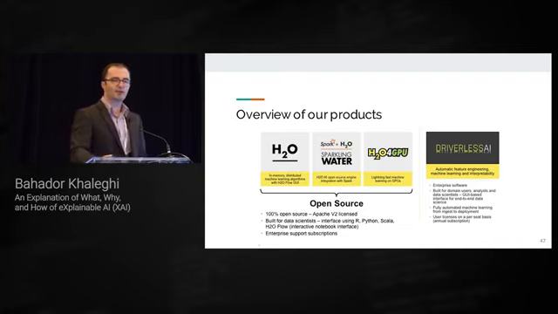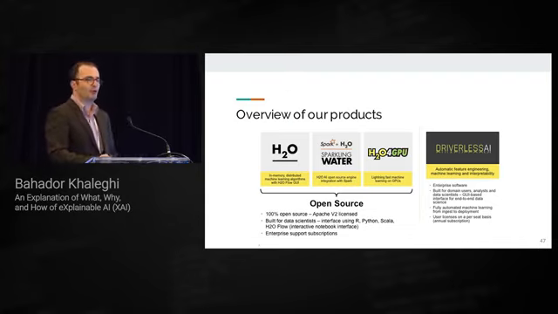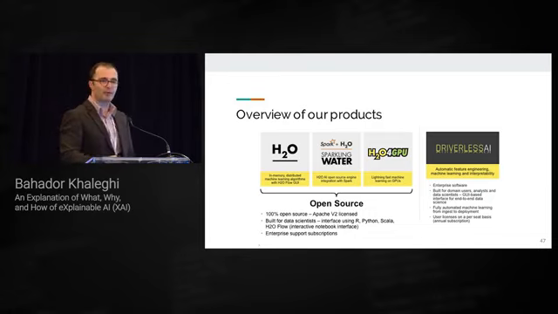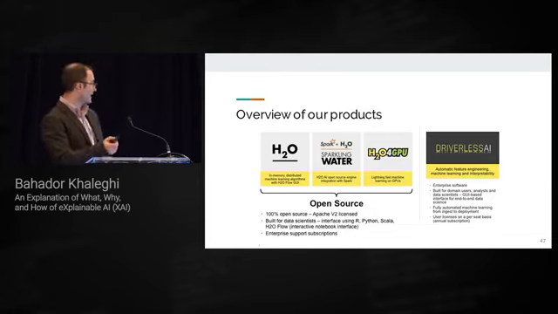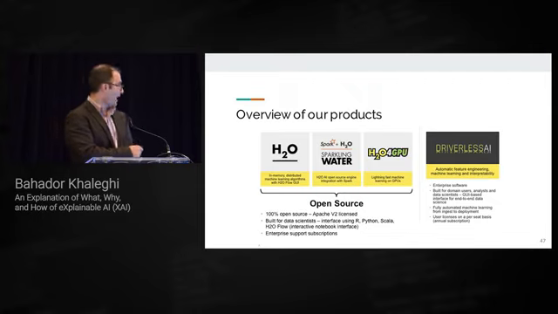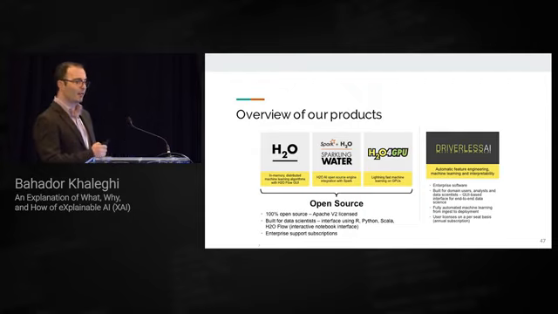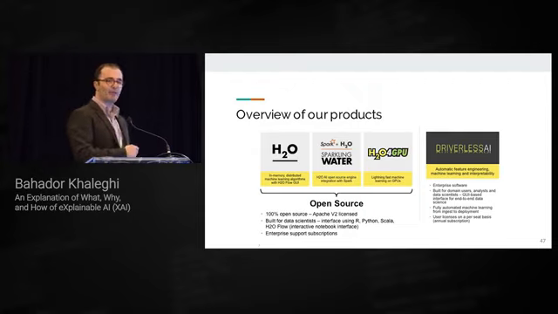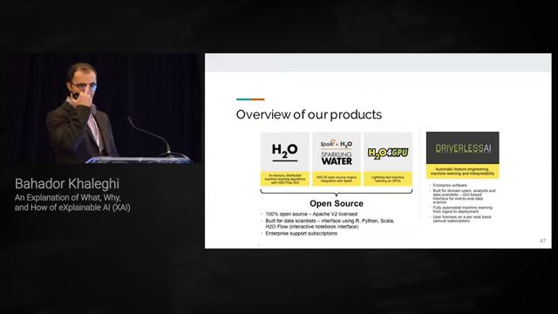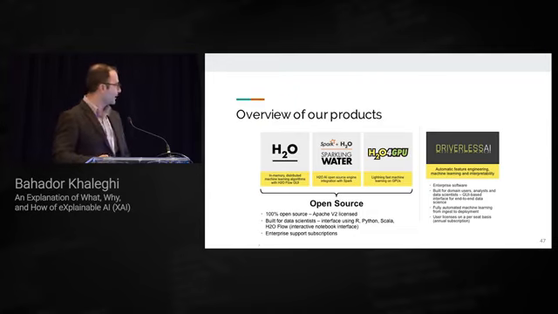We started off as an open source company back in 2013. Some of you might have already used our H2O library if you want to do machine learning at scale. That's one of the go-to methods out there. With H2O, you can do machine learning at scale with big data ecosystems like Hadoop and Spark. More recently, however, we're venturing into the AutoML world with our enterprise software called Driverless